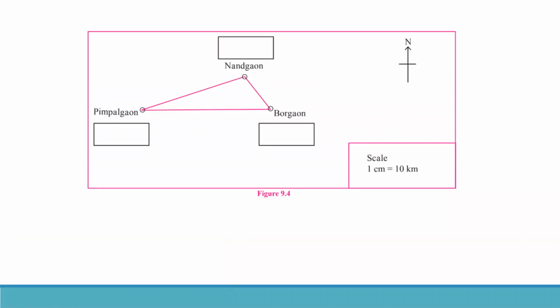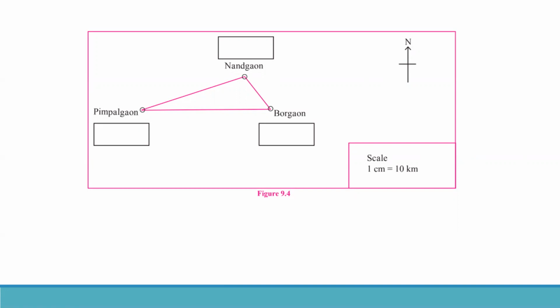Now while preparing a map, what they actually do is convert. We make use of geometry and maths and we make some conversions. You'll always find how they make the conversion. Now see, the scale is given in this figure: 1 centimeter is 10 kilometer. Suppose I ask how much is 2 centimeter. Supposing it is 10 kilometers for 1 centimeter, if I say 30 kilometers is how many centimeters, you will say 3 centimeters. So that way you have to calculate.